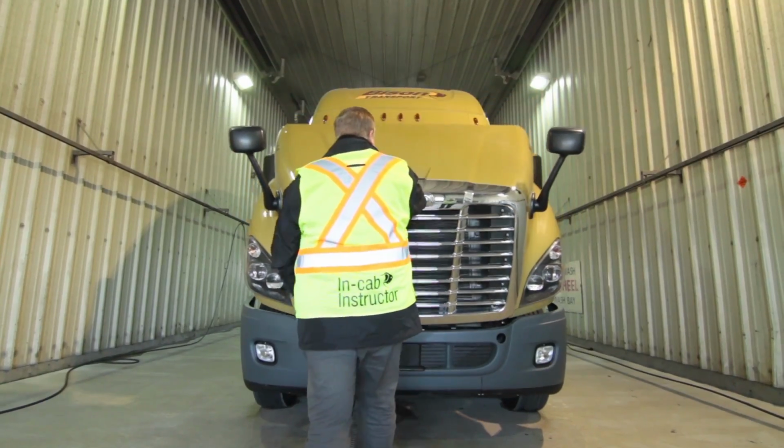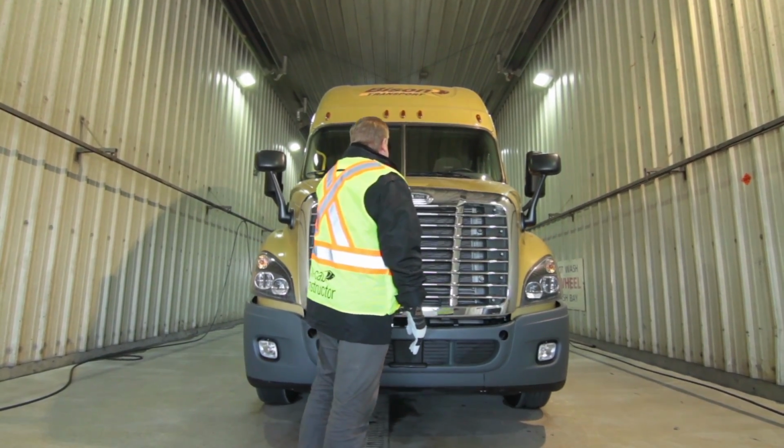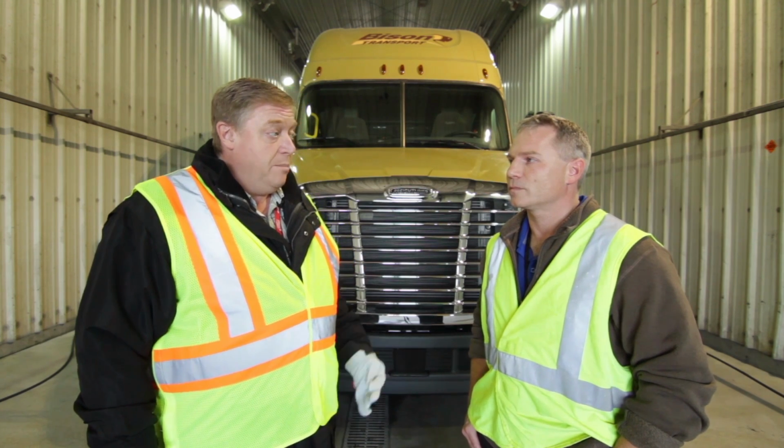Stephen, what was the reason that we decided to go to ultralight equipment? Well, Eric, we were approached by the operations group. Customers are requiring more payload. Our equipment has been getting heavier and heavier, specifically in the reefer division. In order to compete, we needed to reduce weight overall, and the truck was the greatest opportunity where we could make substantial changes. So we're really going to be making customers happy with this equipment by being able to haul